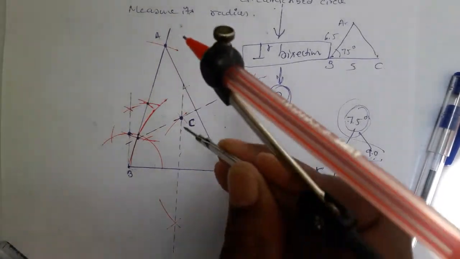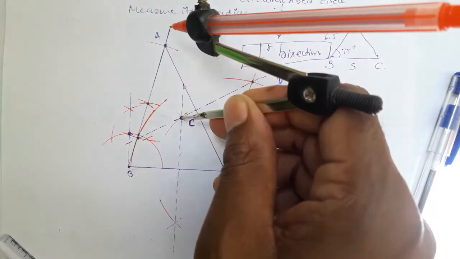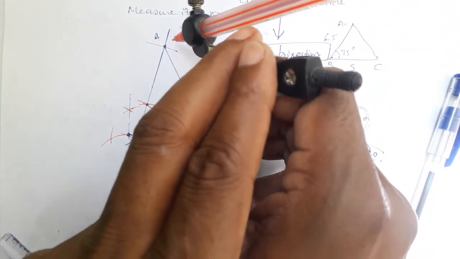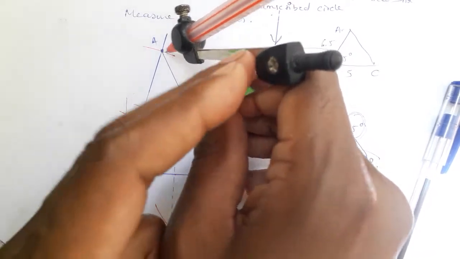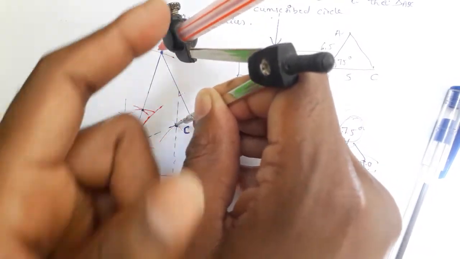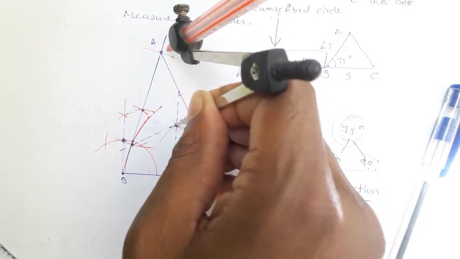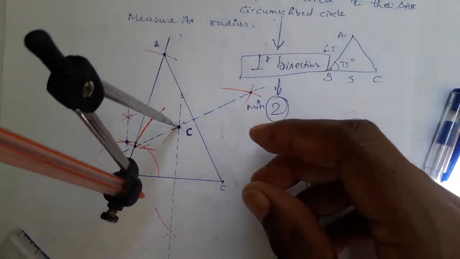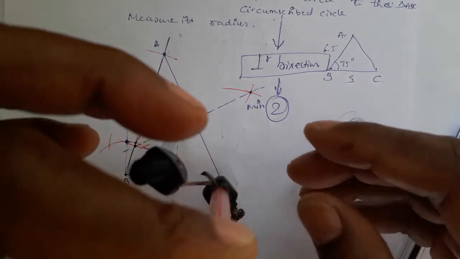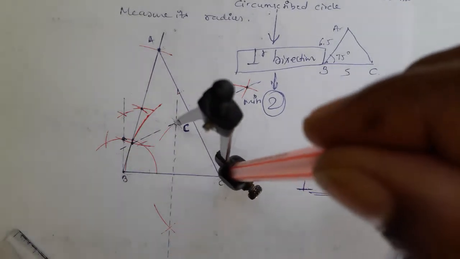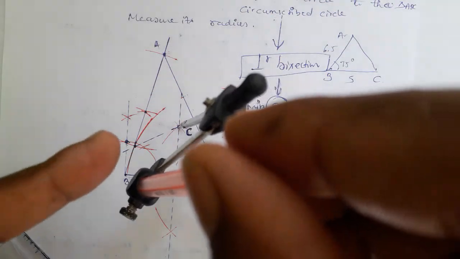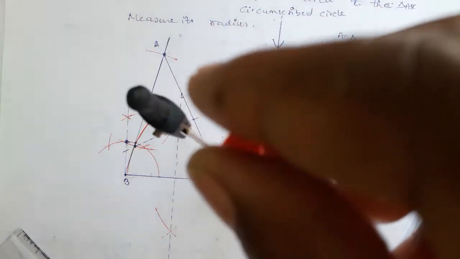Now the final step. From C, take your compass, keep the compass pointer at C, and go to A. Till A you measure properly. See, from the circumcenter till A. Then check the same till B also, there or not. Check till C also the same. Look at that circumcenter to C, what distance is there? From circumcenter to B also same, A also same. That means the circumcenter is at equal distance from A, B and C.